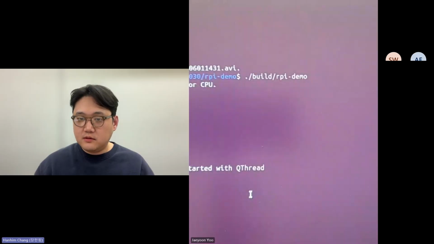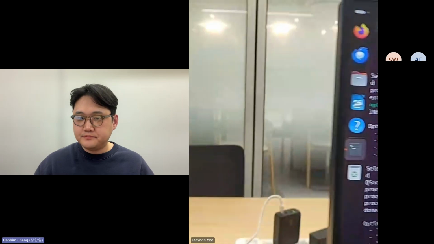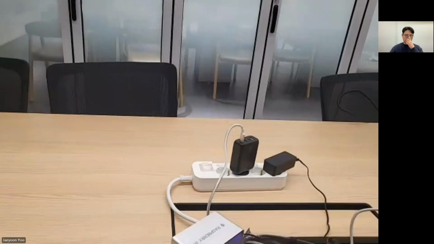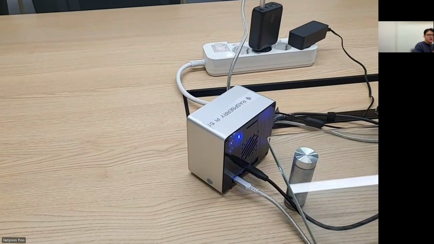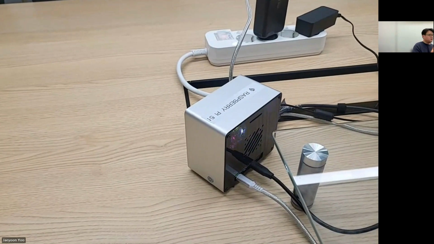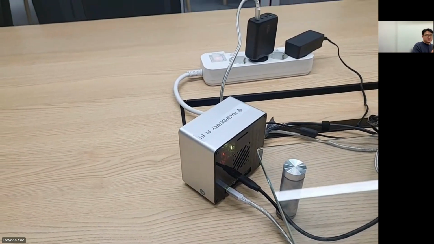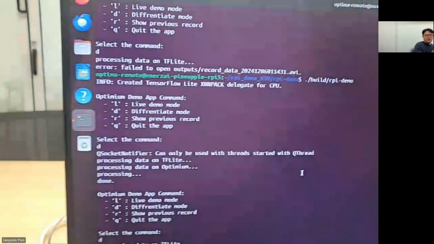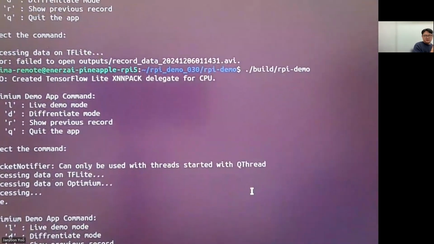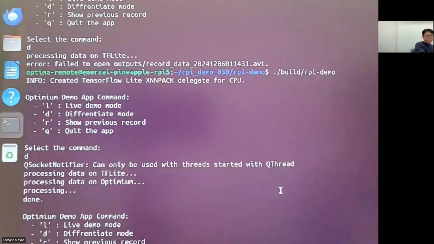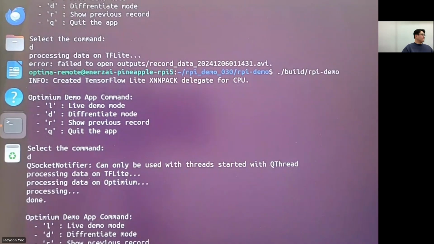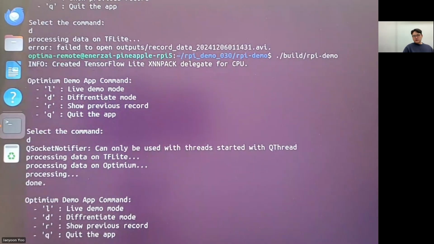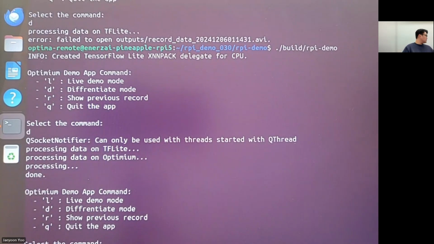Jay will be live streaming the live demo of the Optimium optimized output. So he's showing the Raspberry Pi 5 board, which we used as a target device to optimize the model by using Optimium. We'll be running the XNNPACK backend model and the Optimium optimized model, the two models, on that device, and show you live right now. We'll start with a live demonstration first.